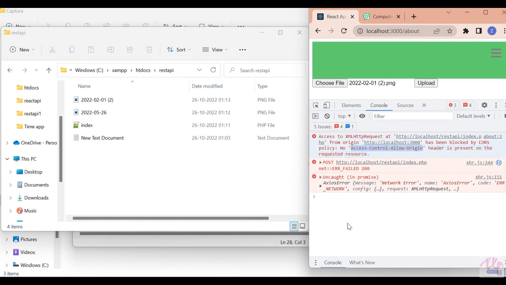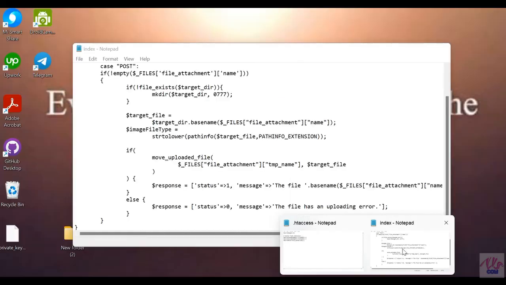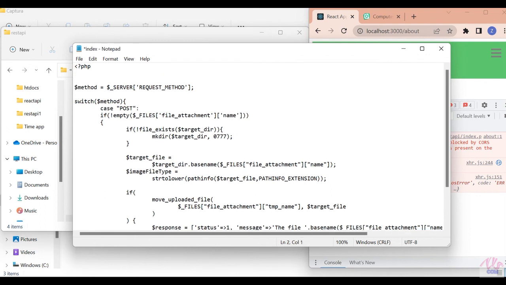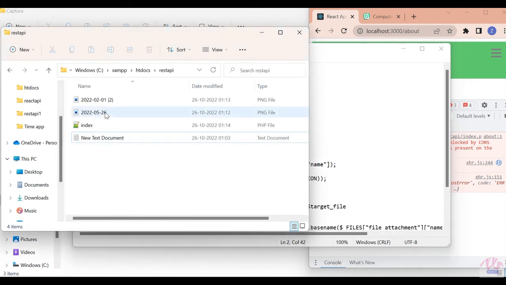For it, we need to add the header in the PHP file for Access-Control-Allow-Origin. We also need to create a .htaccess file for it.